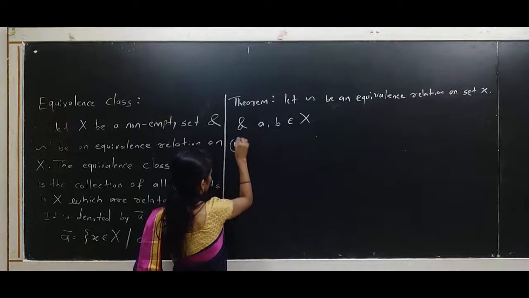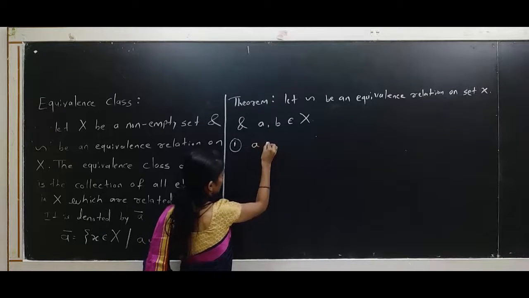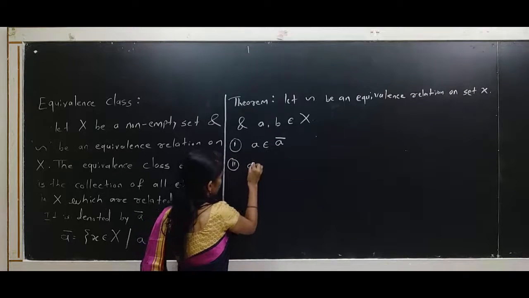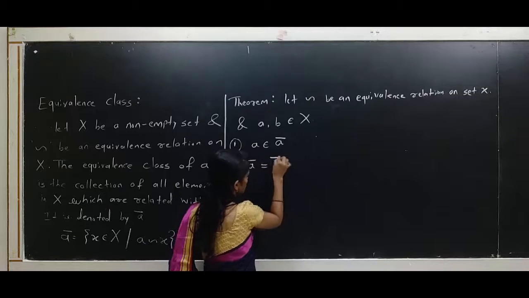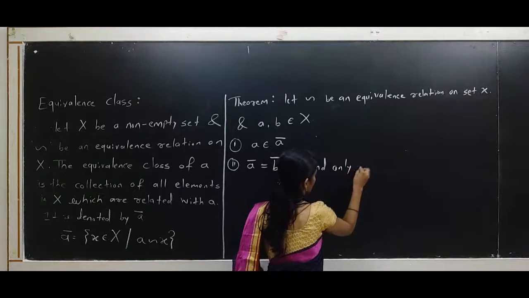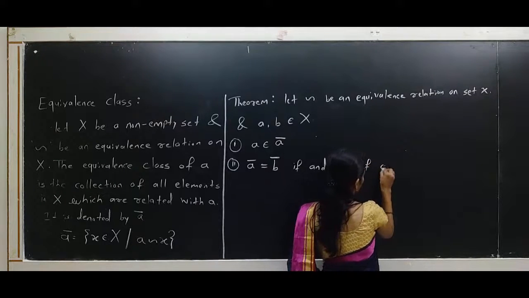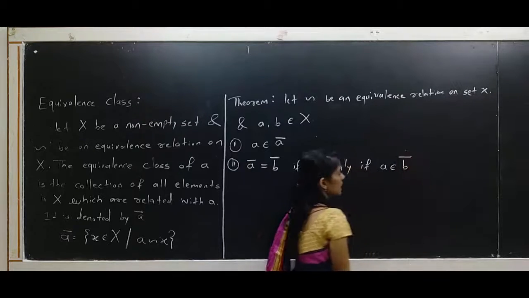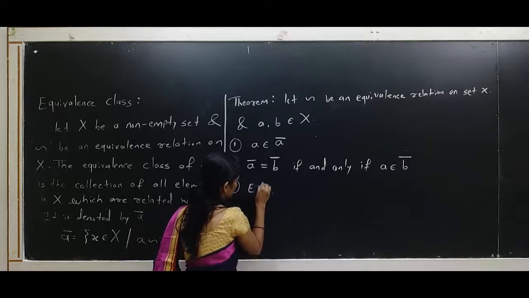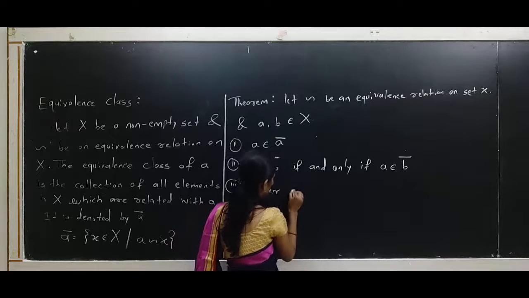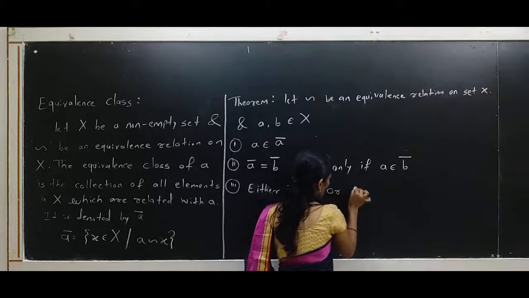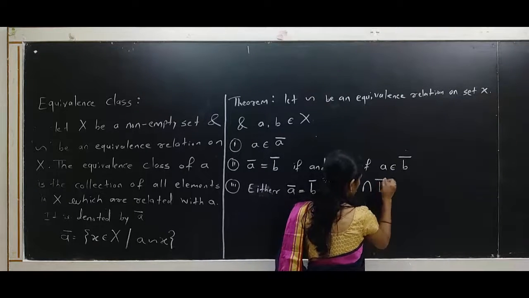So first we want to show that A belongs to equivalence class of A. Second, equivalence class of A is equal to equivalence class of B if and only if A belongs to equivalence class of B. And third point, either equivalence class of A is equal to equivalence class of B or equivalence class of A intersection equivalence class of